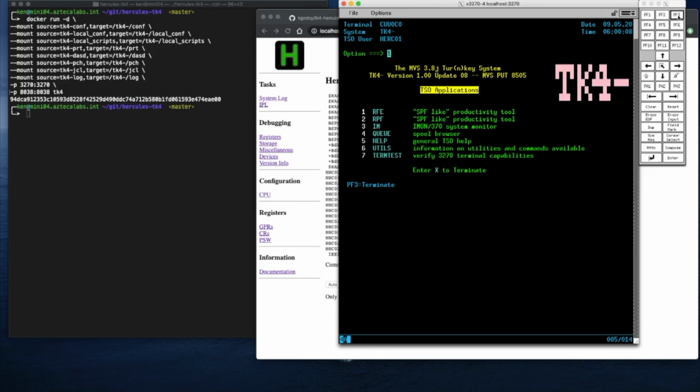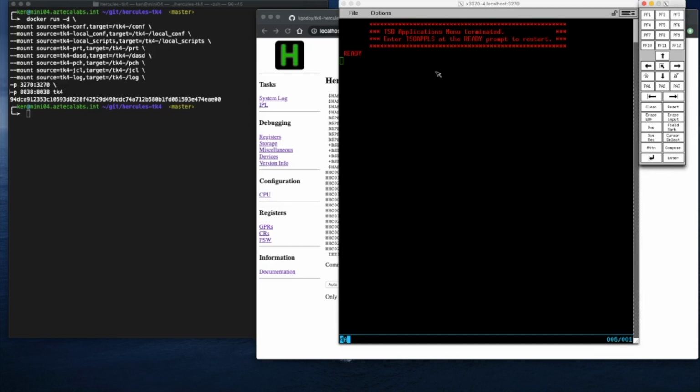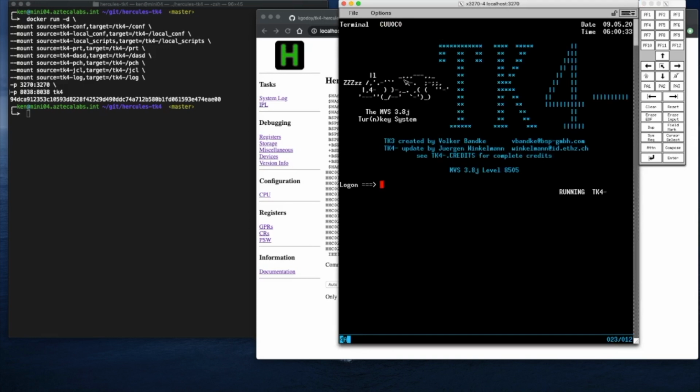So there's a button over here in the toolbar called PF3. We're going to click that twice, and it shows us this ready prompt. I'm going to type in logoff, and that actually logs you off. And now again, I have the login prompt. So I'm going to type in